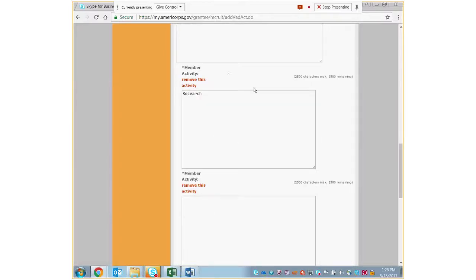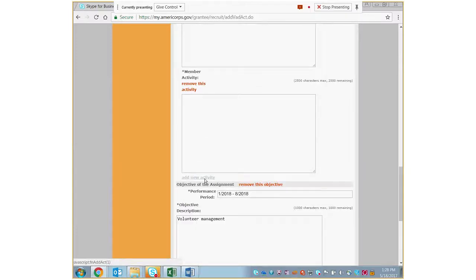So what you're going to do, and what I clicked too soon, what you're going to do is below this box here for this one member activity, you're going to click on Add New Activity, and once you click Add New Activity, a second box will populate. And in this particular instance, we're going to say that within the curriculum development, the second action of the member is to develop relationships with community partners.